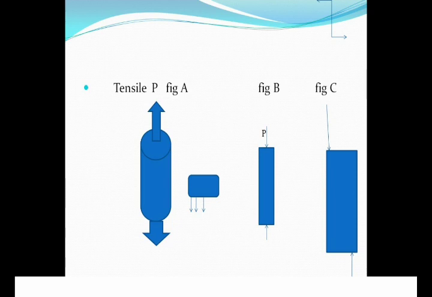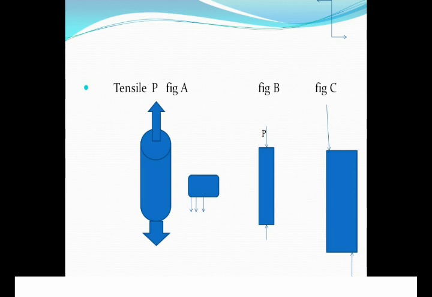Now, in this slide, we see three figures, figure A, figure B, and figure C. We have seen the tensile stress. Now, figure A represents the tensile stress. What is the tensile stress? We say that it is when two forces acting along the axis tend to stretch the element. Now, if you take a cross section, we see that at any cross section, the forces acting will be the same. That is the first, tensile stress.